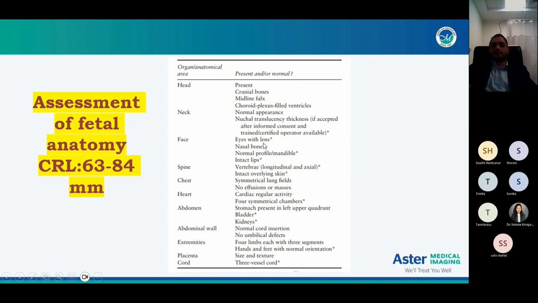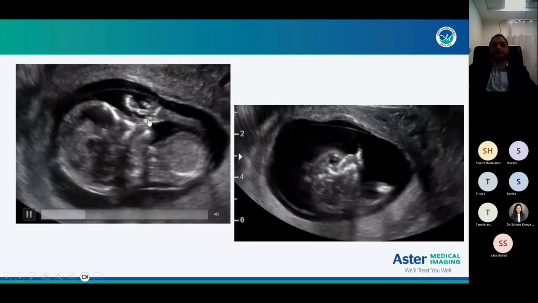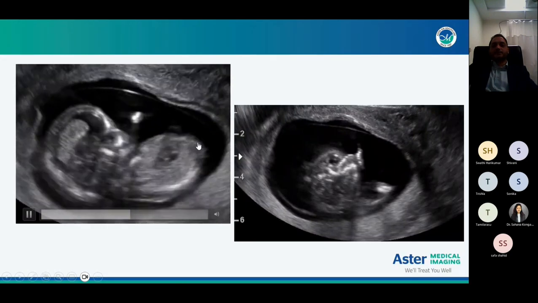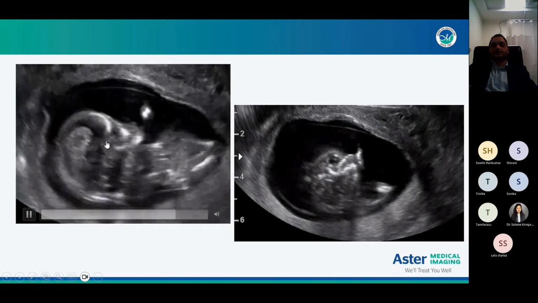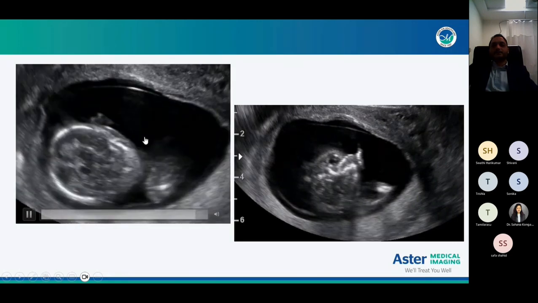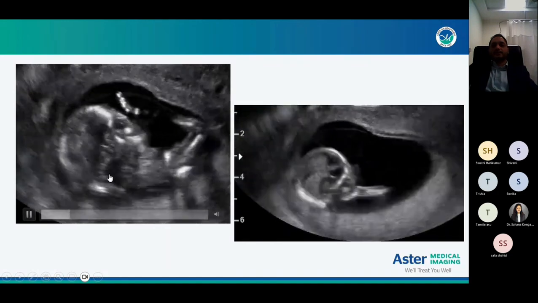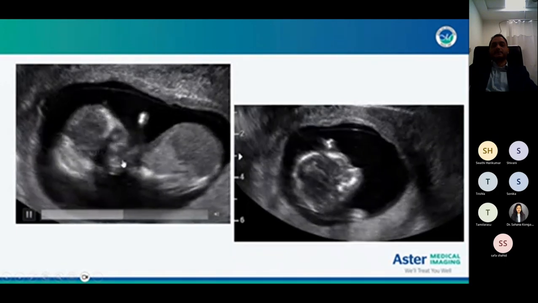But now these terminologies should not be used anymore, because in the first trimester itself we are seeing the detailed anatomy of the baby. So you will see here what I'm doing in this video, just holding the probe, letting the baby move around, and just acquiring the clips. So this is a very easy way to screen the baby's anatomy. We are seeing everything, the hands, the fingers. We are getting the mid-sagittal plane for the NT, the nasal bone we are seeing here, the brain we are screening,